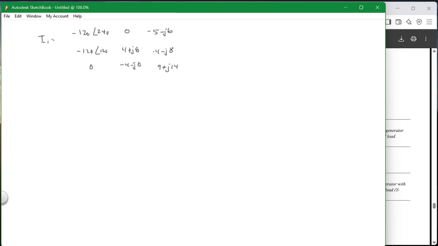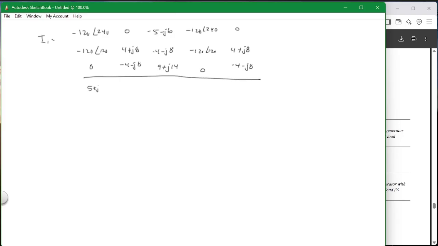And then you repeat the first two columns: minus 120 at angle 240, minus 120 at angle 120, and 0. And then the second column would be 0, 4 plus j8, and minus 4 minus j8. All that over